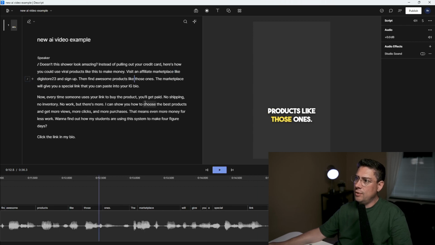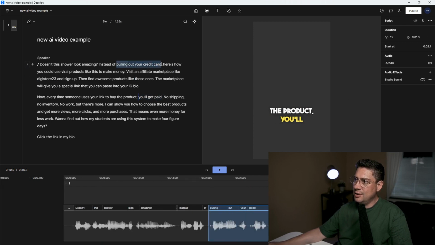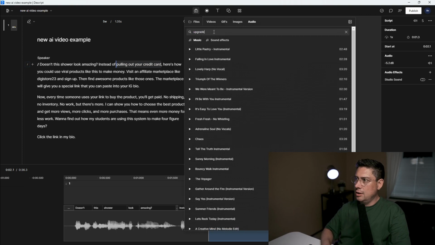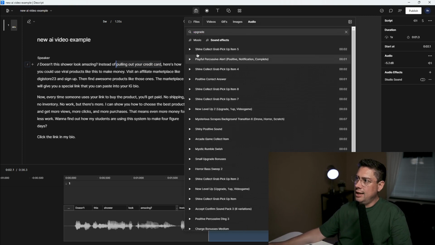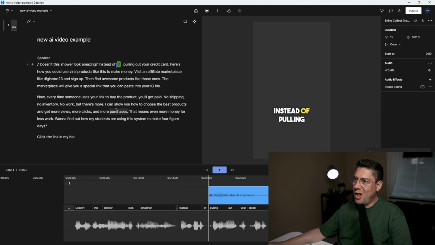Then if you want to add effects, audio effects here, you can do that as well. You can just highlight the word that you want to highlight, or the section. And you go to this icon here with a play icon, and you can basically go to audio, and then you can search for any kind of keyword here. And then you click here, and the software is going to add that almost automatically. So far it's pretty automated, right? Once you have this,